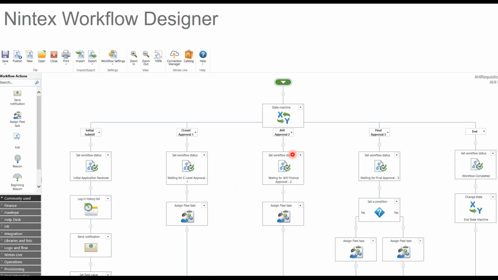Then we jump to the next level approval. But in the situation I was telling you about with the finance department, if they require some more information based on the task that was assigned to them, we can actually make it jump back to the C-level person saying, hey, you missed some information, please correct that, and then we'll jump back and keep on moving forward. So this is pretty unique to this product and gives you a lot of flexibility in those types of situations